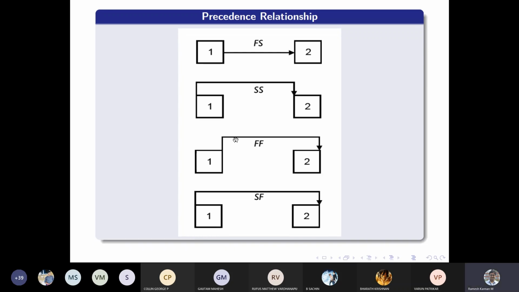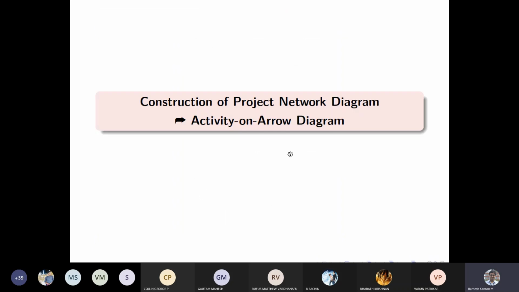All right. So next we'll move on to a very important thing. It's called construction of the project network diagram. Initially we talked about project management, and we talked about activity on node and activity on arrow. Then we also defined the terminologies associated with network analysis or the project network diagram.